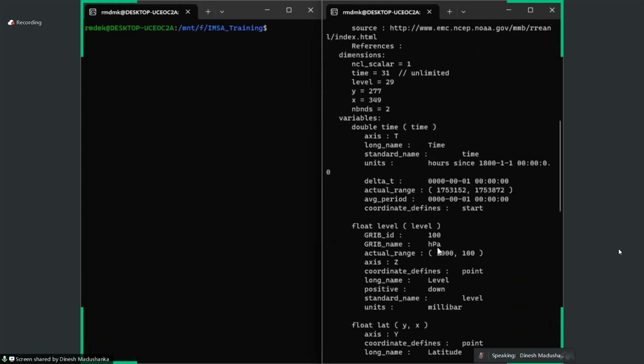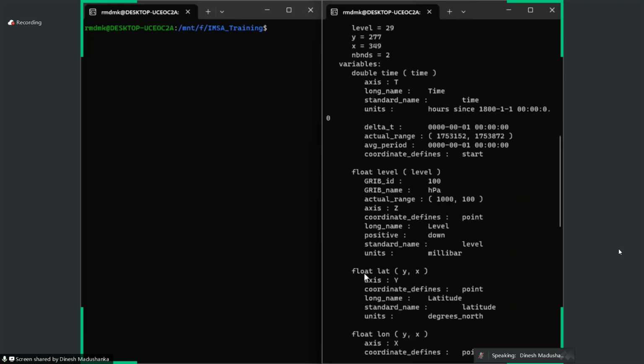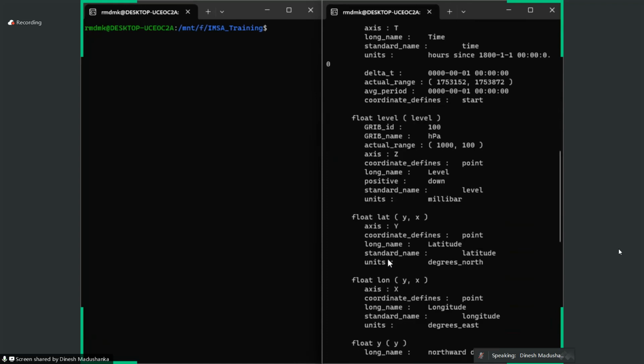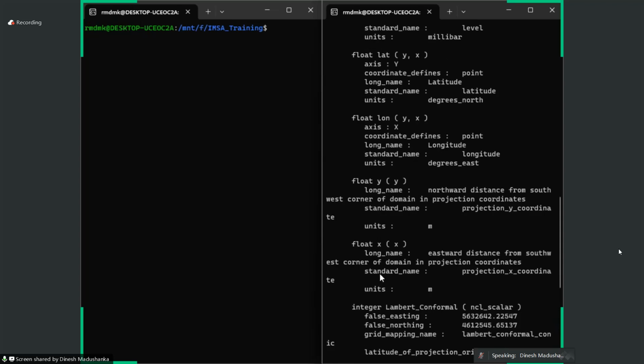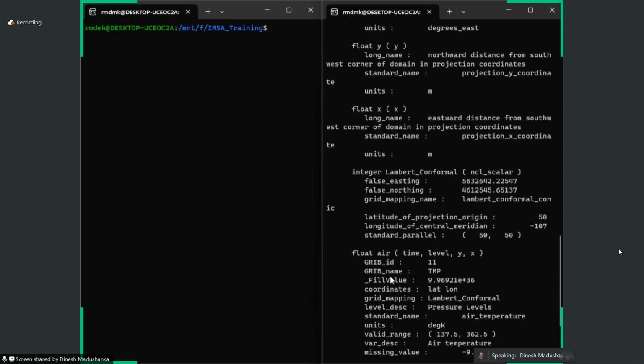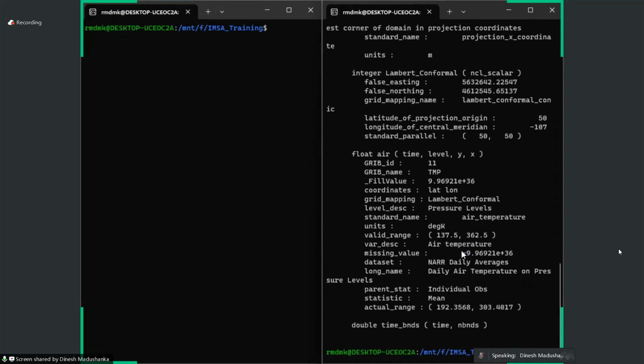And then the levels. So here you have the levels in hPa, hectopascals. They mention the actual range, so the range is from 100 to 1000. And then the latitudes and longitudes, then the float Y and X with the unit, and then AIR. What does it mean by the AIR? And the levels, Y, X. So this one is AIR, which means the air temperature, and here I have downloaded the air